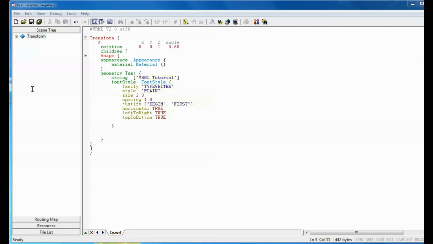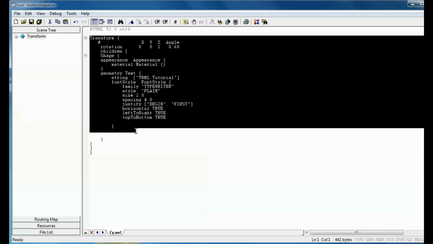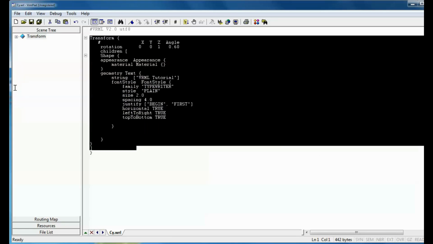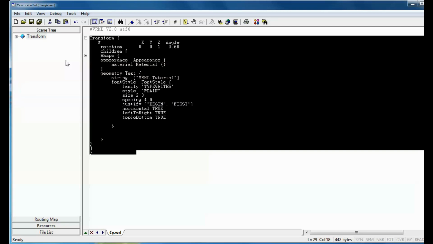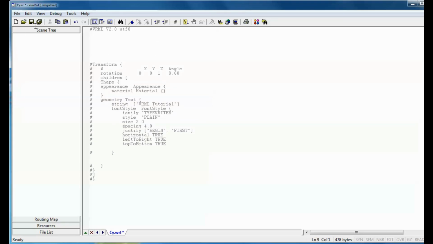In the first step, we are going to discuss how to create a comment. If we put the number sign in front of the line, it becomes a single line comment. For example, if I select all of this from here up to here, which means everything, and I want to make it a comment, easily I can make all of them comment, and then it will not be run anymore. Okay, but